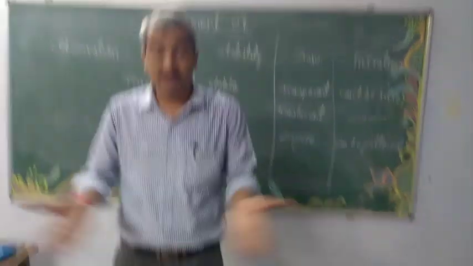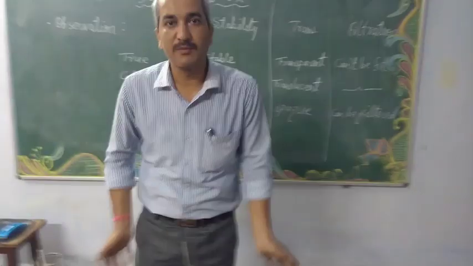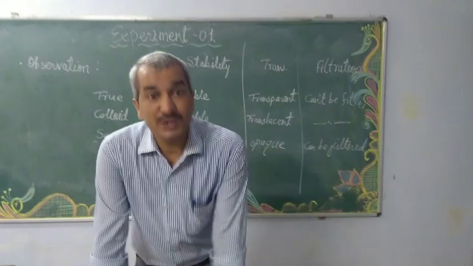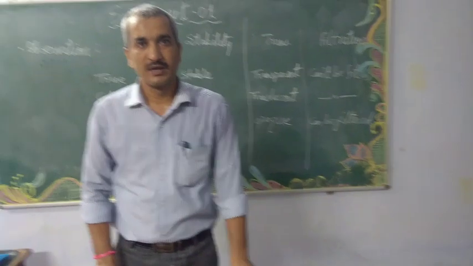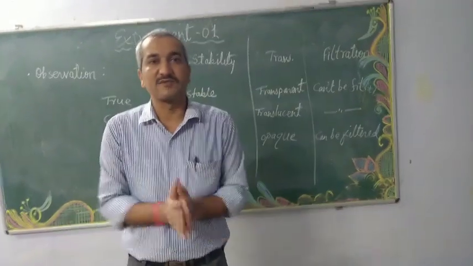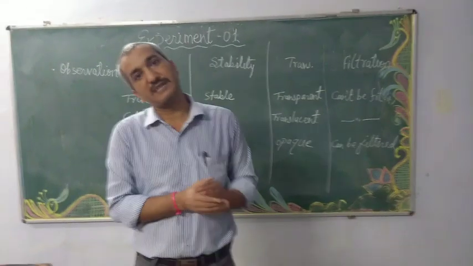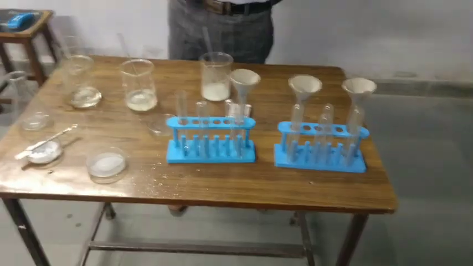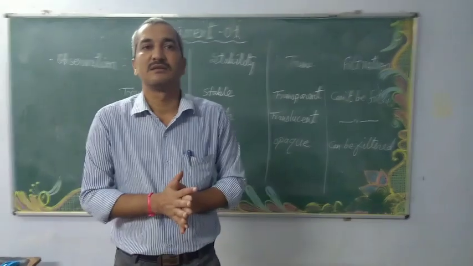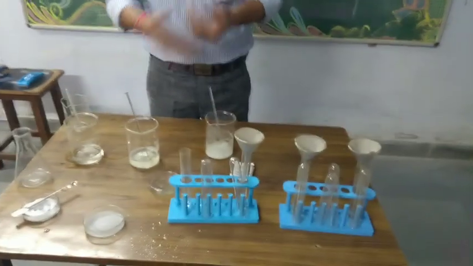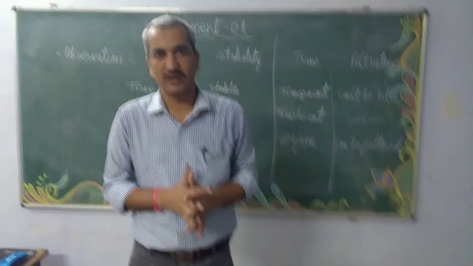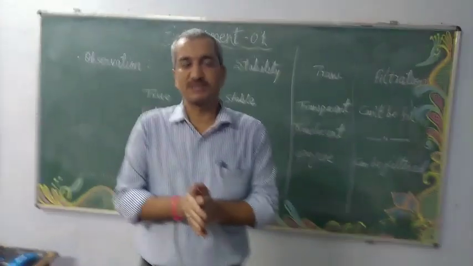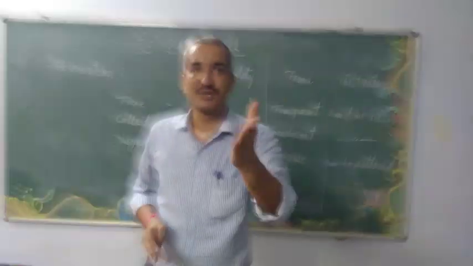You can also do this at your home, and I will be happy and it will be better to share small videos of 2, 3, 4, 5 minutes of doing this kind of experiment at your home. You can easily prepare the true solution of common salt and water, and you can see the filtration criteria and stability and all this. You can also make the colloid with the egg albumin, and with chalk powder or sand or soil and water. So you can make these solutions at home and share the videos in your class group.